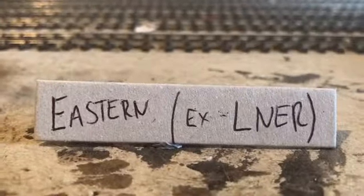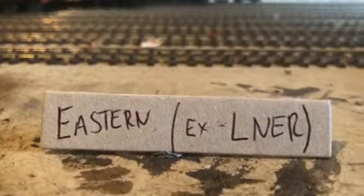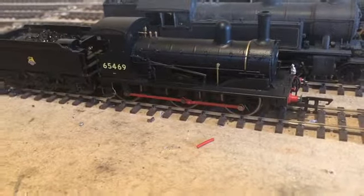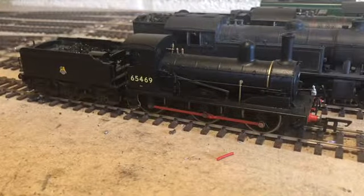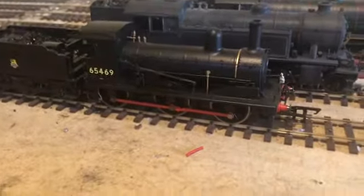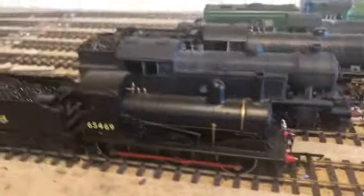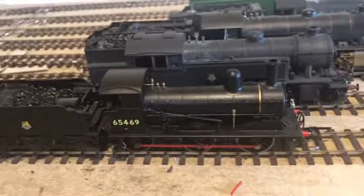Okay, so the next part of the video here, as promised, is the Eastern region. Again, we're going to start left to right, and we're going to start here at the J15. This is just like a little branch line passenger stroke goods engine, although mainly designed for goods. This is actually a pre-grouping locomotive. It was most famous for working along in the East Anglia section on the local pickup goods and small passenger